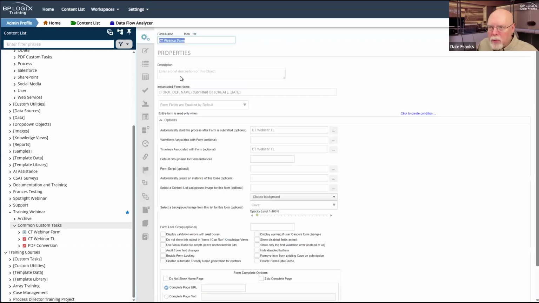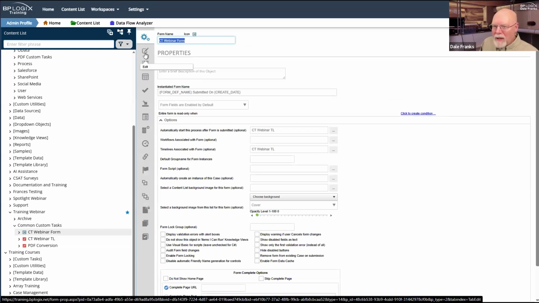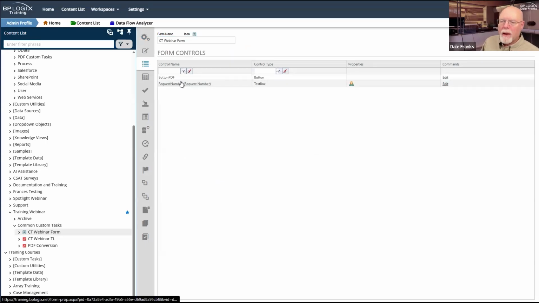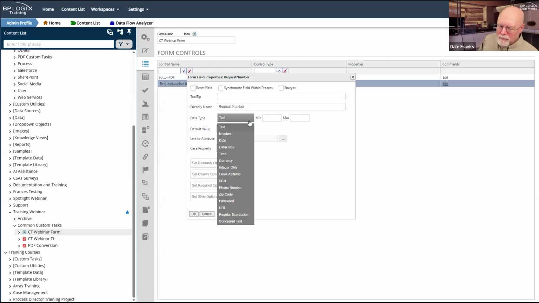Now, a really important one, and one that we don't talk about much, is the validate form custom task. The way form validation works, and let's go here to our form controls tab. And we'll look at our request number. We'll go over here to its data types.